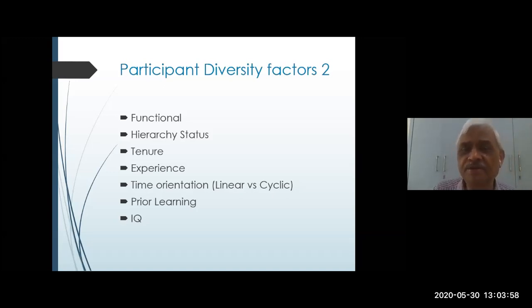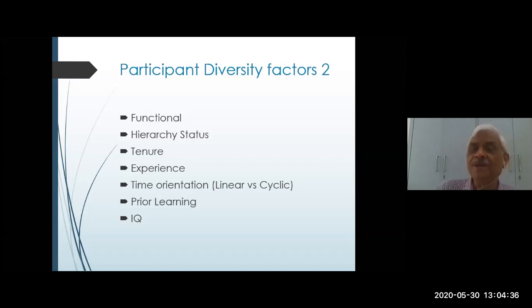As a trainer, you have to be very sensitive to the nuances. In fact, that is one big issue that comes. There will be differences in the tenure of the person. Some people are on a full-time tenure, some are part-time. The length of experience differs, the type of experience differs, and therefore there are certain preconceived notions, what we will call biases, which we might have to handle.